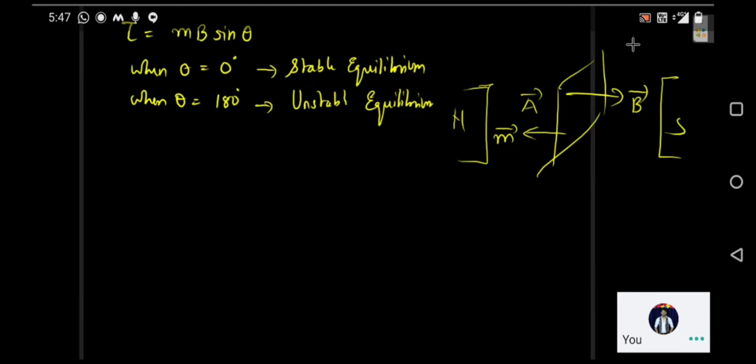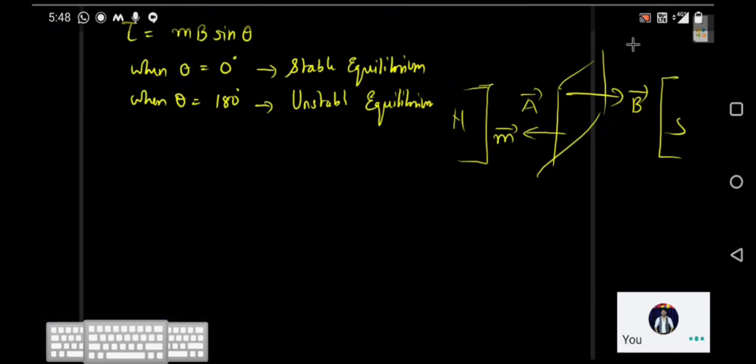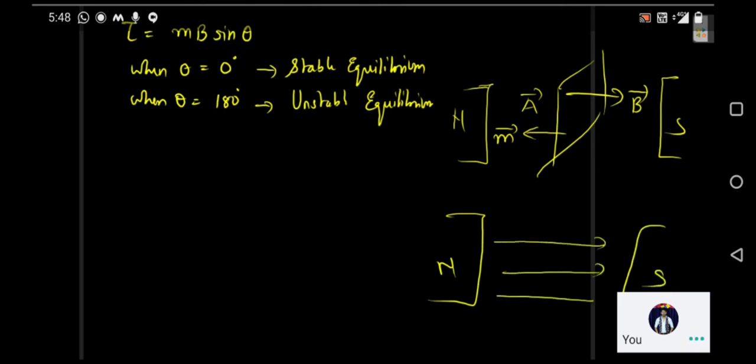of the magnetic field. Supposing there is a magnetic field somewhere and you hold a magnetic needle, it automatically points in the north-south direction. So why does it do that? Because it experiences this magnetic field, a torque acts on that compass needle, and that is why it rotates. So supposing a needle is placed in such a magnetic field, the magnetic field lines are going like this. So the needle will point something like this, this is going to be north, this is going to be south. That means the field line will go from south to north inside the magnet. So it will automatically align itself like this.